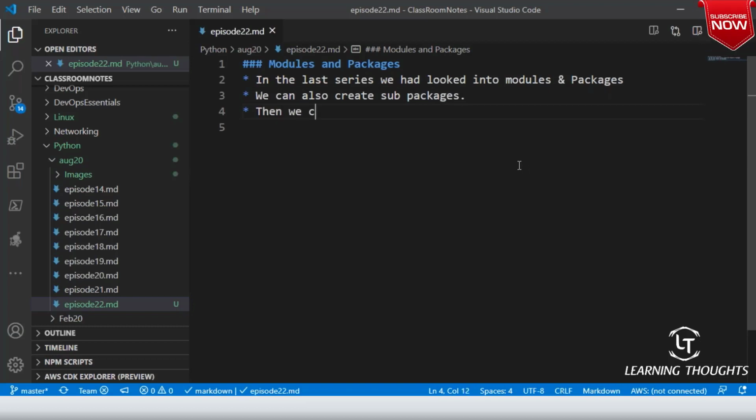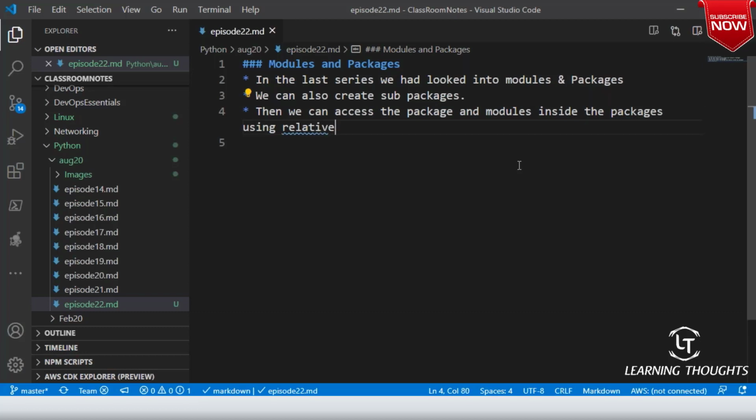Then we can access the packages and modules inside the packages using relative imports. And whenever you are trying to use relative imports, the period, okay, let me put this in.